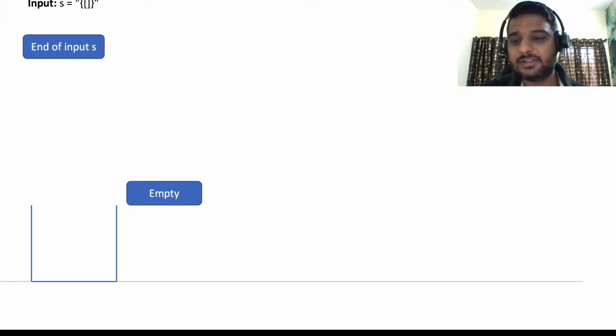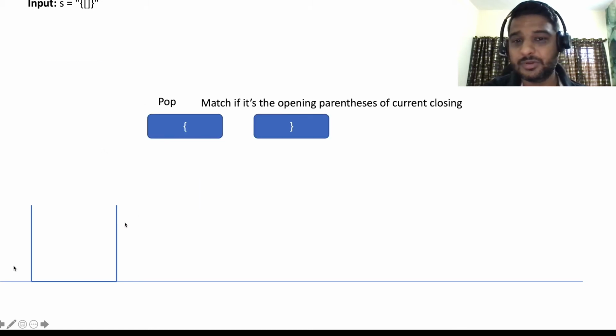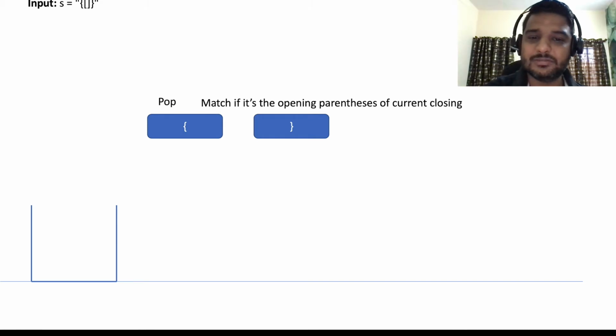And at the last, if our input is finished and nothing is there in our stack, we return true, and otherwise we return false. In another case, if the parentheses don't match, we also return false. So this is all about the solution. We can use one stack, and based on the closing and opening parentheses we push or pop.